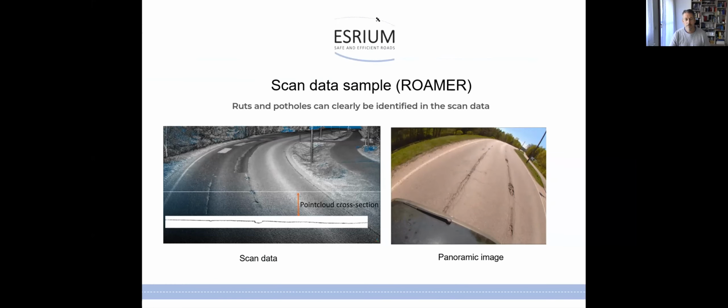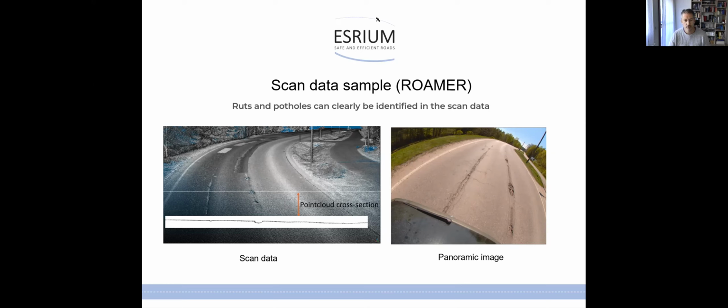Some samples from the Roma system. You see here scan data and some profile cross sections through this data, where you can clearly see these road damages, and you also see to the right side the panoramic image, and this is typically what you get from mobile mapping. You get laser scan data and image data, and the combination of this information will provide